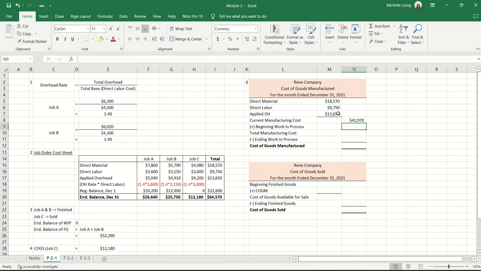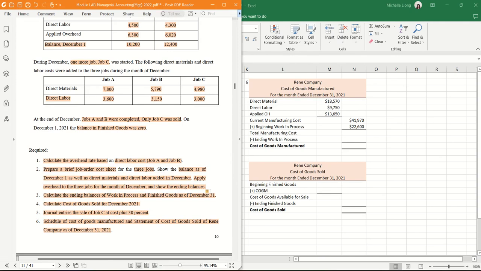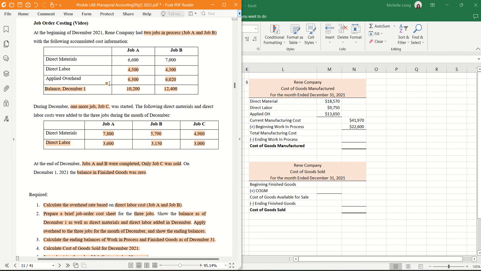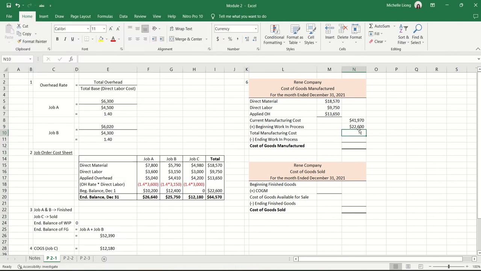Okay. And then the beginning work in process is this one, because in the beginning balance December 2021. Why is it the work in process in the beginning? Because as you can see right here, they said that in the beginning of 2021 they have two jobs in process, job A and job B. But at the end of December, job A and job B were completed. So in the first time they are not completed, and at the end of that, they are completed. So we need to add both of these first,